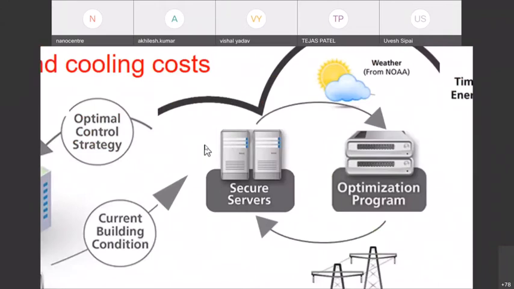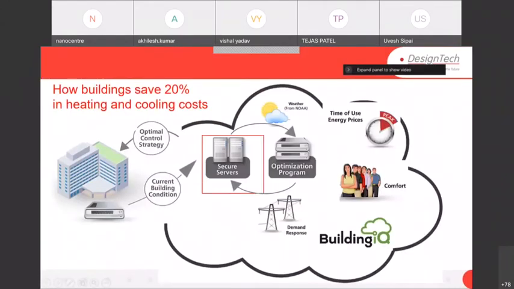In that IQ building, they have a server, and the server is connected with the optimization program. The variables it takes into consideration are what kind of weather it is, time of use, and energy prices, meaning the price of energy also changes with respect to time. That is also taken into consideration.